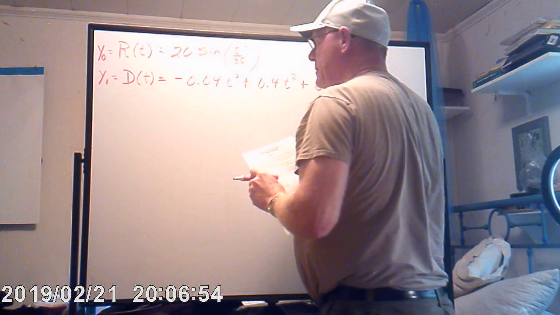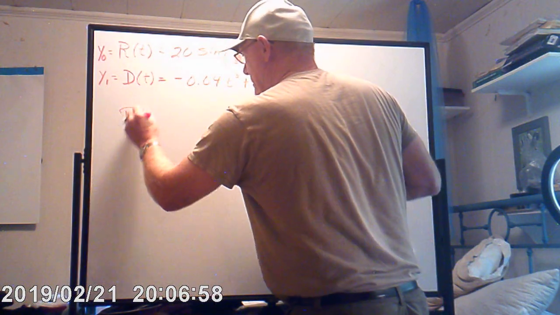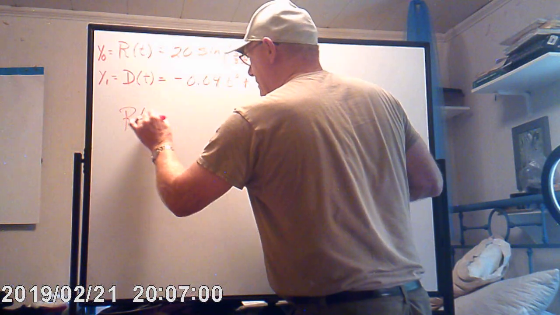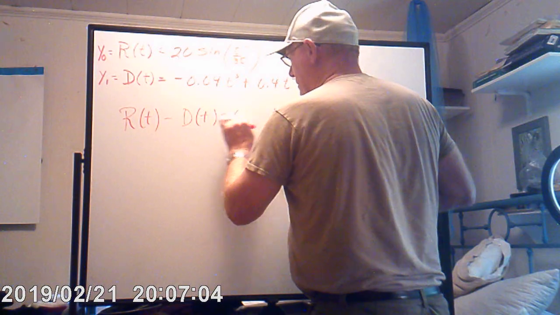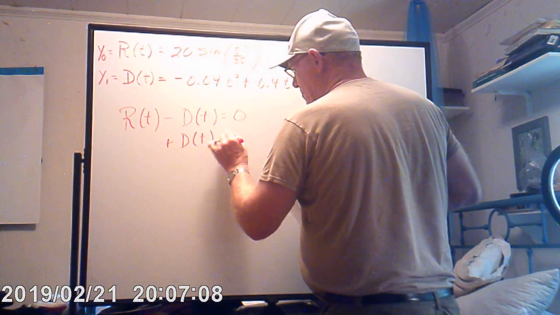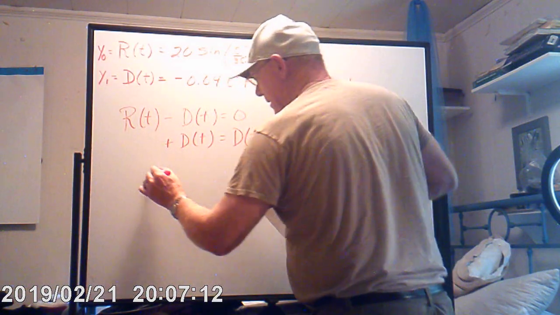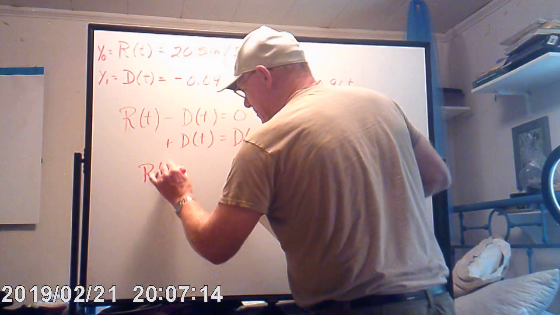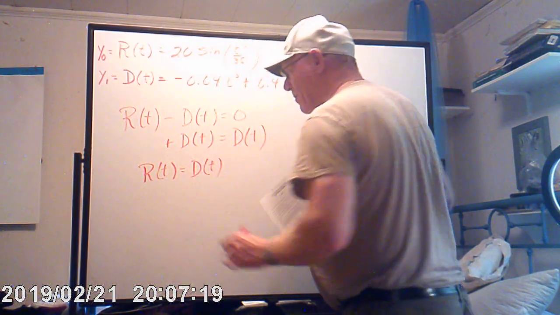And when I set this one equal to this one, we just observed that r at t minus d at t is equal to 0. We're not solving, we're just saying, let's say they're equal. So when that's equal, now I want to